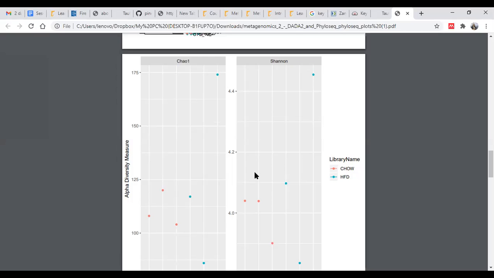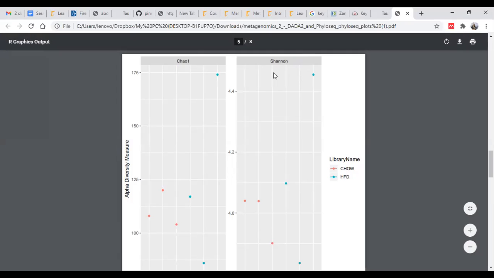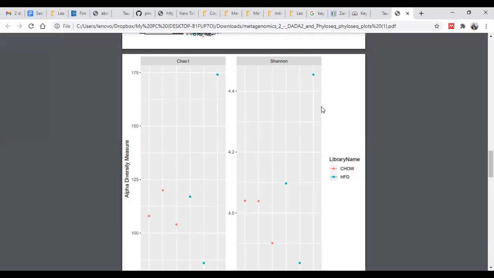Besides this, Chao1 also estimates total species richness, while the Shannon diversity index is another measure of species diversity within a population. The index considers the abundance of species in a community and calculates diversity based on the richness and evenness of those species.